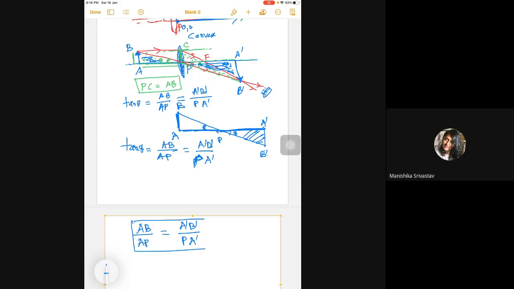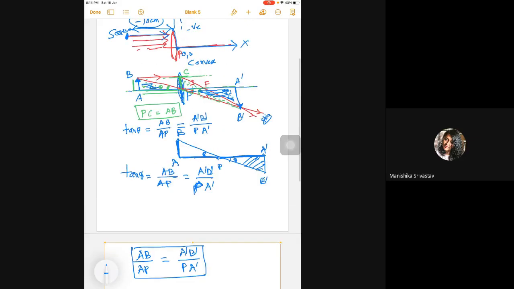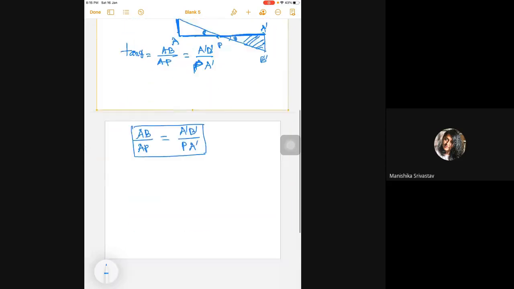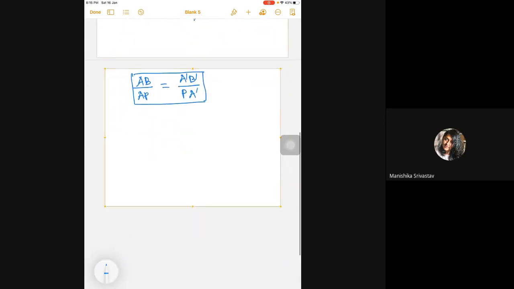Another relationship we have to draw from another triangle that is forming through the focus. See here, let me draw it here. I think this is getting clumsy. Stop me if you do not understand this. This is the lens, and this is the axis.